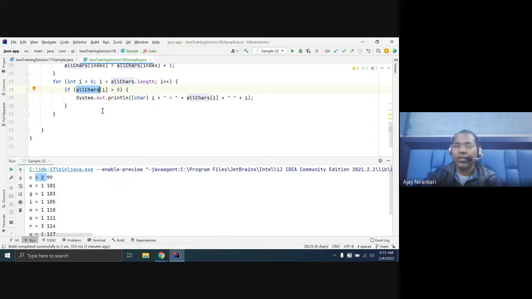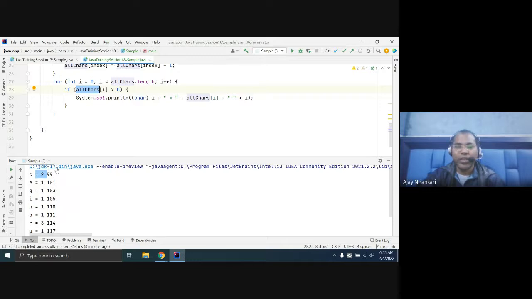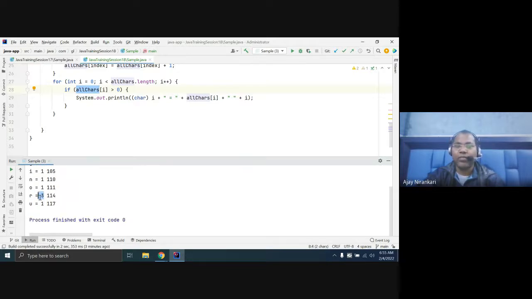If we find that R is the maximum, we can print the R value, and then we find which is the next maximum. If your method returns that the next maximum is 2, and that is at position 99, then you have to print C.